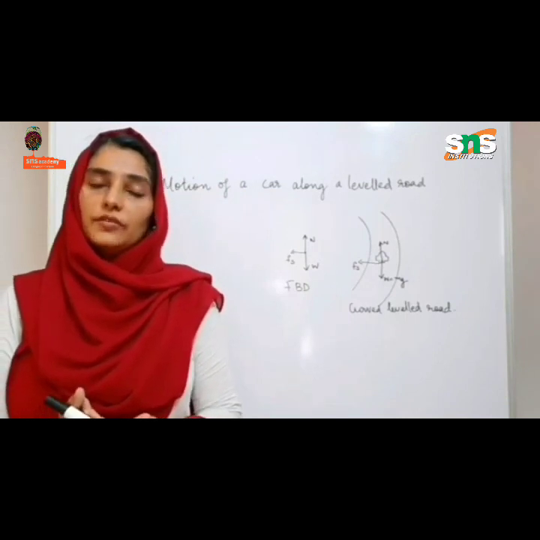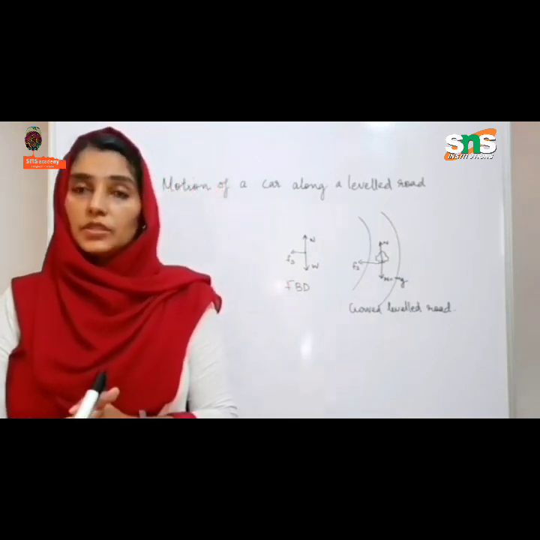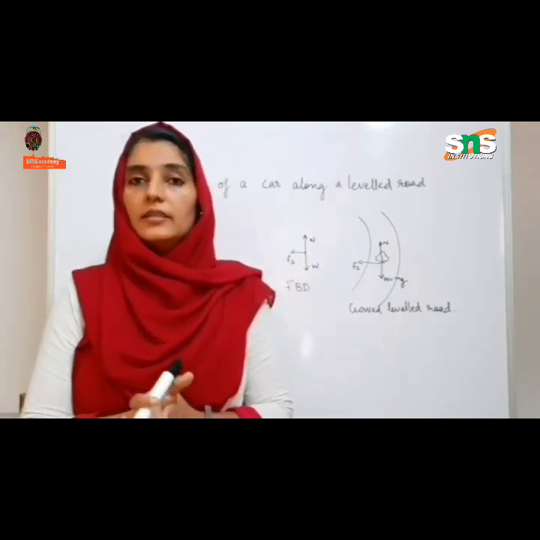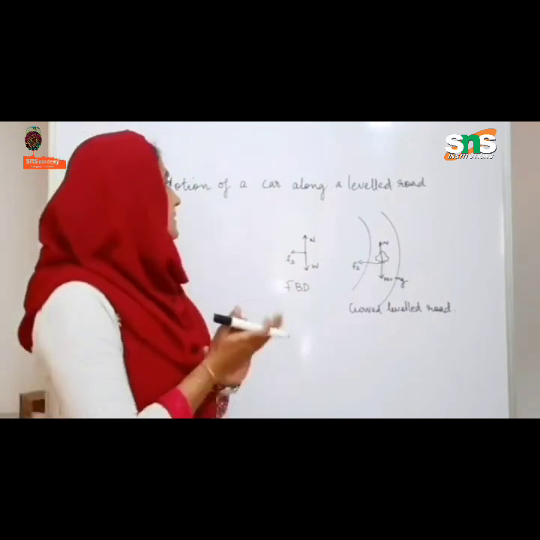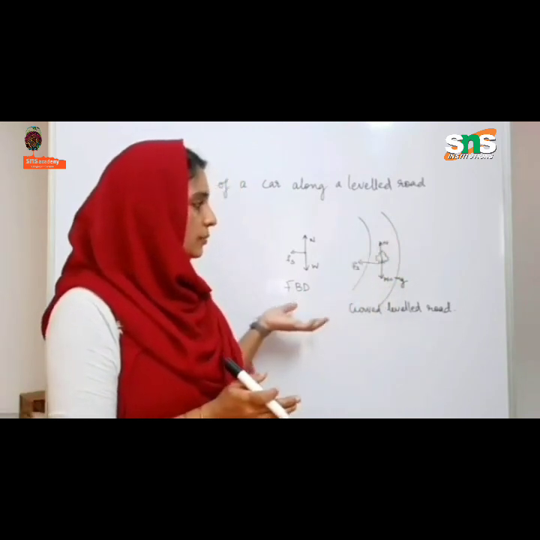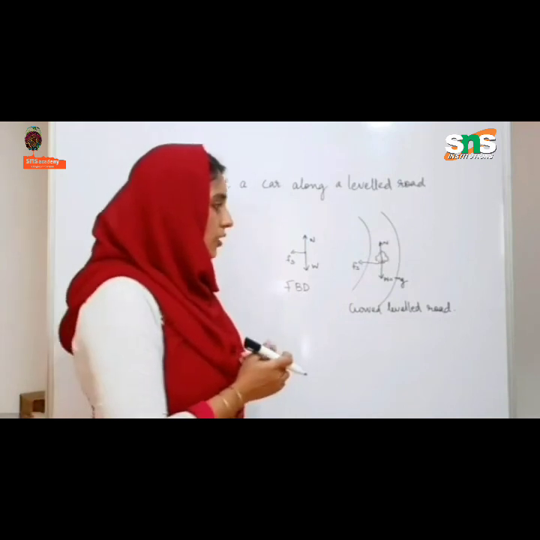And how does the frictional force support in the two different cases, and what is the expression for the maximum speed with which a car can negotiate or describe a circular path? So first let us see the motion of a car along a level road. I have shown a curved path in which a car is trying to describe a circular path of radius